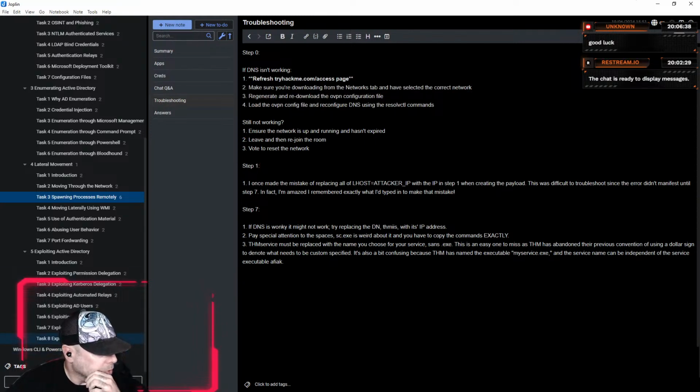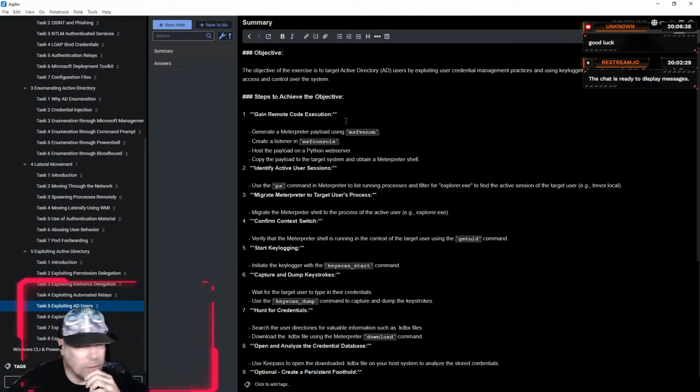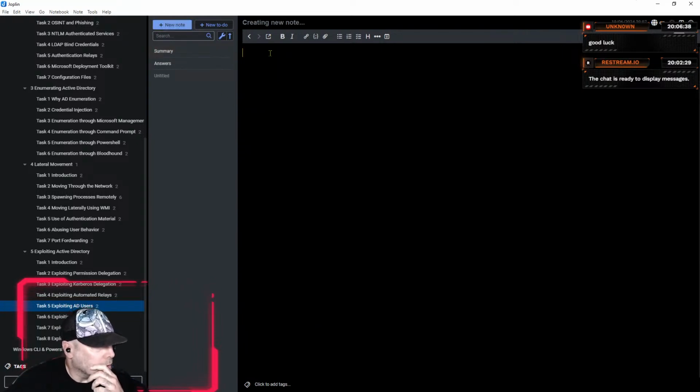So we are today exploiting Active Directory, task 5, exploiting AD users, and I already have the answers, but we're going to go through it again, and hopefully this time it won't take us 4 hours. And I'm just going to review in real time some of the problems we encountered while doing this task.